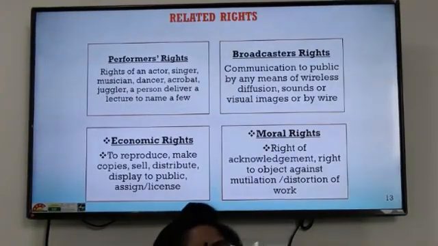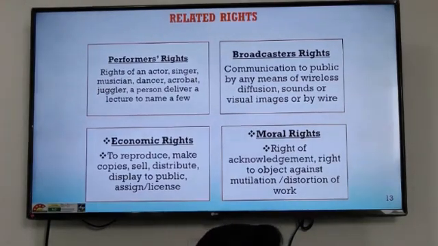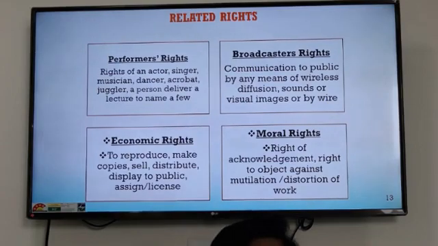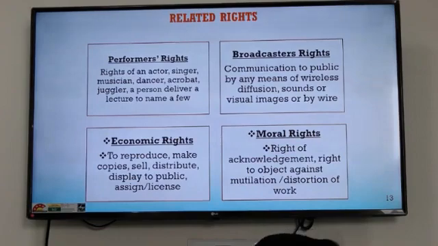Now, if we move on to related rights, these are all rights that are covered under the Copyright Act. Performers' rights, the rights of actors, singers, musicians, all of these people to essentially put up their performance. Broadcaster rights, communication to the public in any form, whether it's the radio, whether it's, when we're talking about broadcast, we're not talking about telecast necessarily. We distinguish that in normal English as broadcast and telecast. But as far as the Copyright Act is concerned,